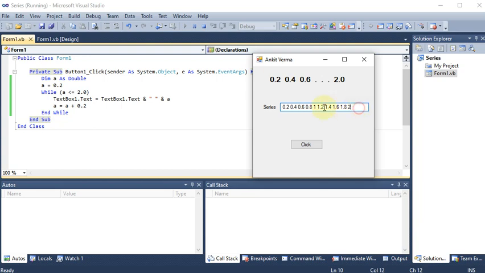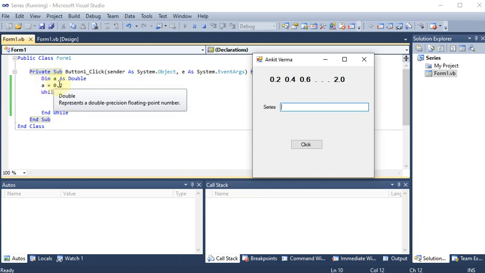Now understand that, let us suppose there is nothing inside the text box. Now how is the program working? If I click on this button, what is going to happen? First of all, this button code will run. When we click on the button, dim A as double. So the double type A variable is declared. Double will take the floating point values. A is 0.2.